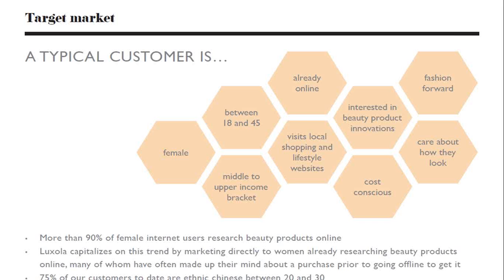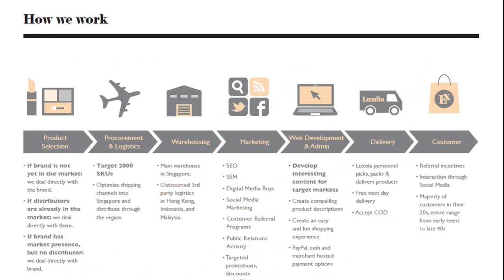This is Luxola, an e-commerce company focused on cosmetics and beauty products. And as you can see here, it describes the customer in great detail. It also describes in detail how we work. So what I'm not suggesting is you taking the business model canvas and just basically filling it out and putting